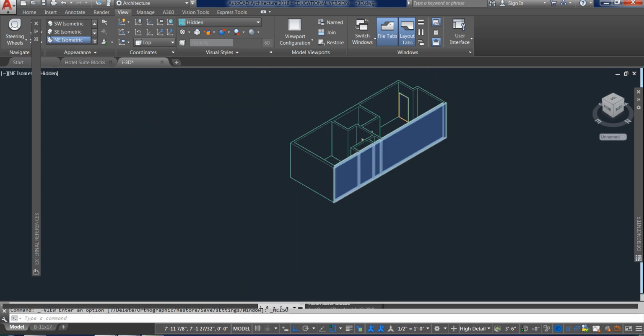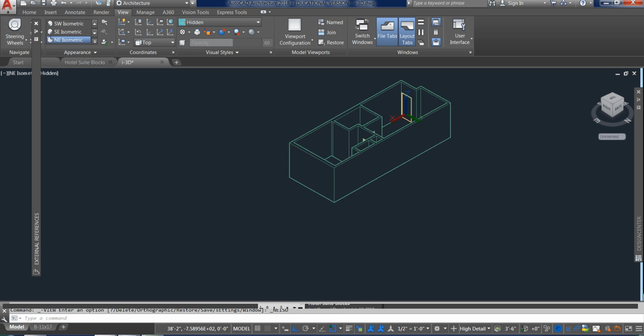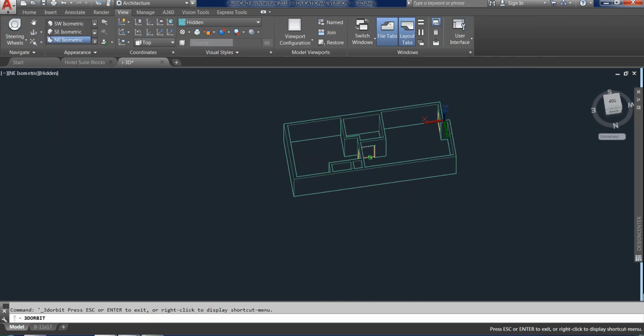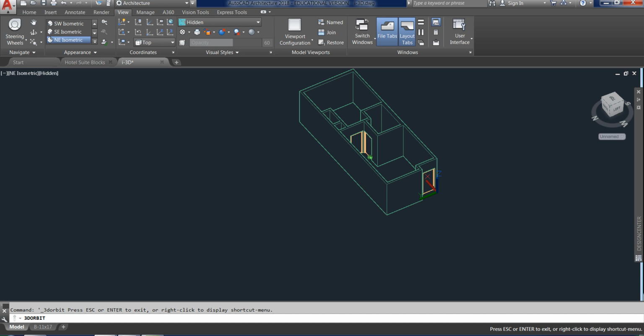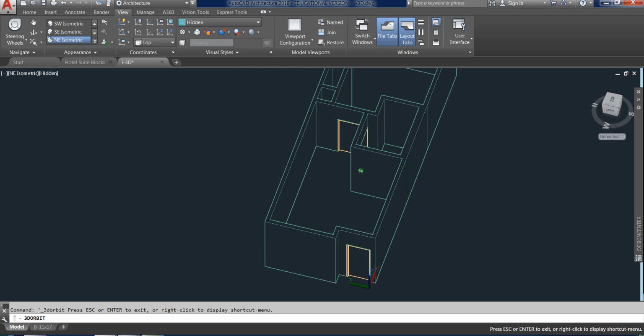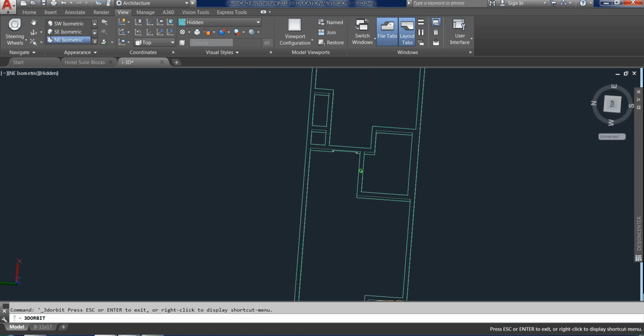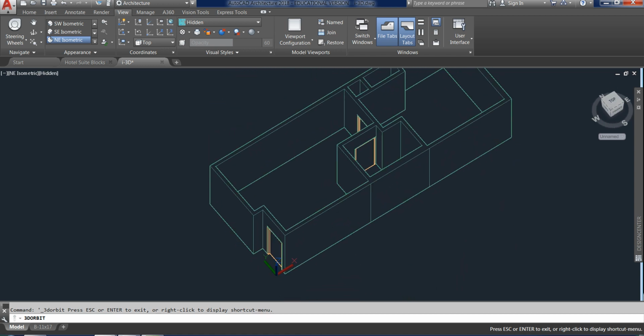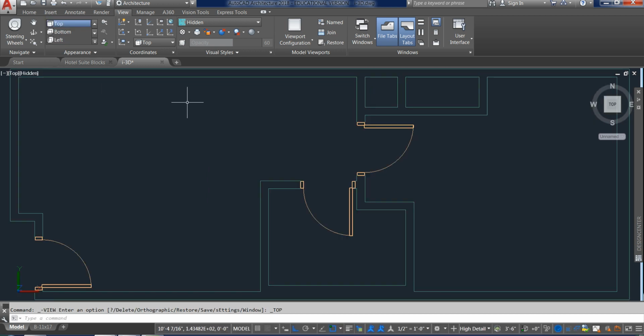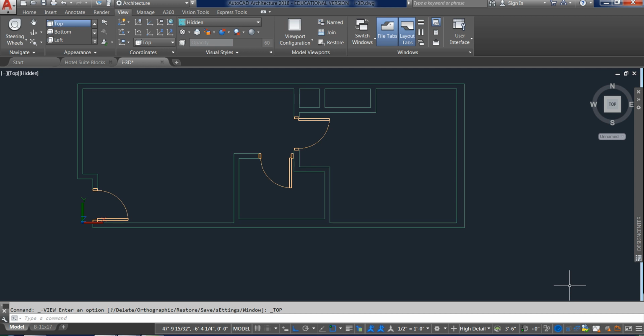Again, just choose a view and use the orbit tool. You can kind of zoom in with your mouse and see what you've created here. So it's looking good so far, and I hope you guys are having fun with it. I will go back to the top view and get ready to begin inserting furniture.